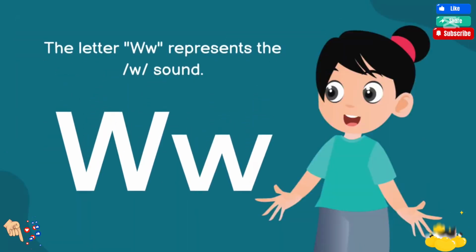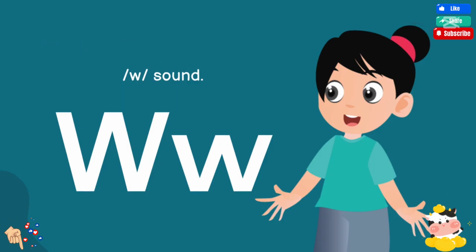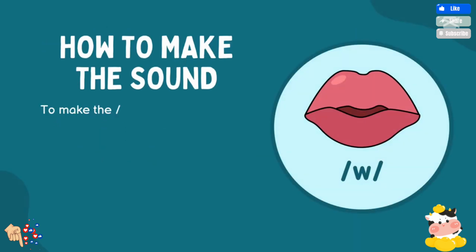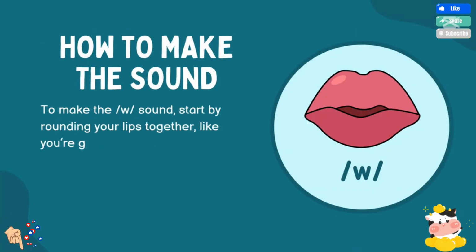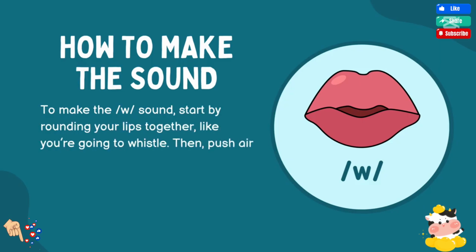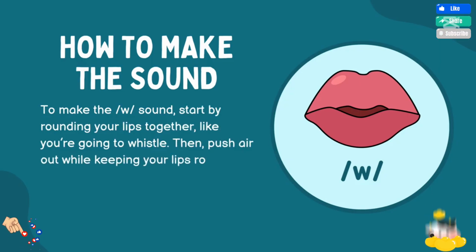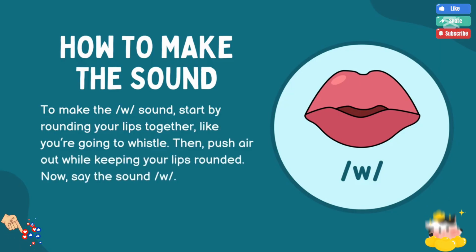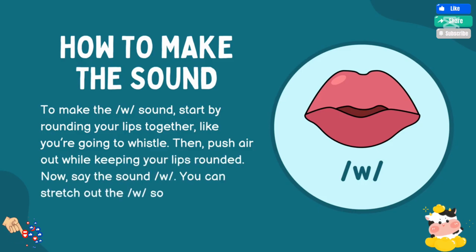The letter W represents the W sound. How to make the sound. To make the W sound, start by rounding your lips together, like you're going to whistle. Then, push air out while keeping your lips rounded. Now, say the sound W. You can stretch out the W sound, like this,